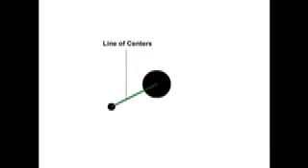Sir Isaac Newton discovered universal gravitation when an apple dropped from a tree and landed on him. The law states that every object in the universe attracts every other object with a force directed along the line of centers for the two objects that is proportional to the product of their masses and inversely proportional to the square of the separation between the two objects.